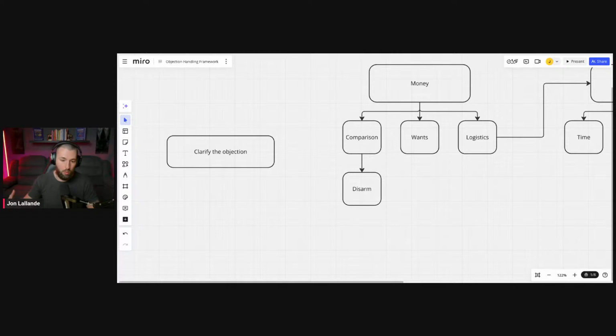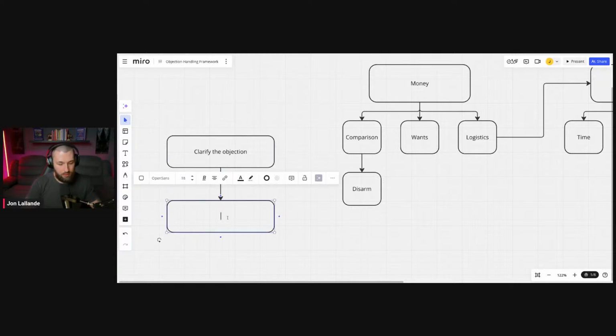Now you don't want to just go, well, what do you mean? Like, but your house is a shithole. Have you seen your other house? The neighbor's house was turnkey and your house needs a lot of repairs. Now you're combating them. Remember, the purpose of objection handling is to help them overcome their own objections. If you're getting combative with them, then you're never going to overcome their objections, right? So we need to disarm them. Certainly not a problem. I definitely understand that you feel like your house could be worth more because of the neighbors, right? Now what we need to do is go into a commitment.